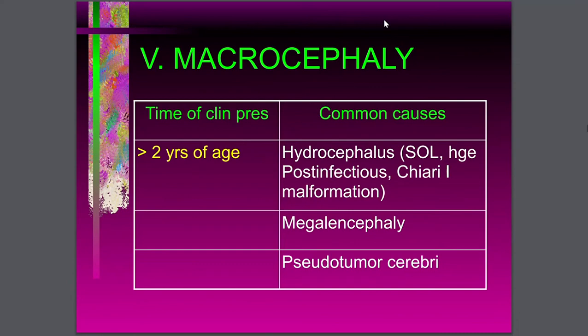When we say pseudotumor cerebri, meaning it is a false tumor. So there is no tumor that is causing the increased intracranial pressure or the increasing head circumference. So it is just a condition wherein the manifestations would be that of an increased intracranial pressure. So pseudotumor cerebri may be secondary to